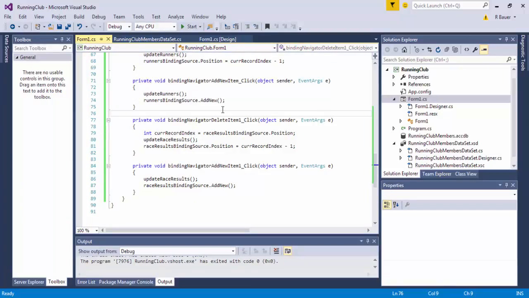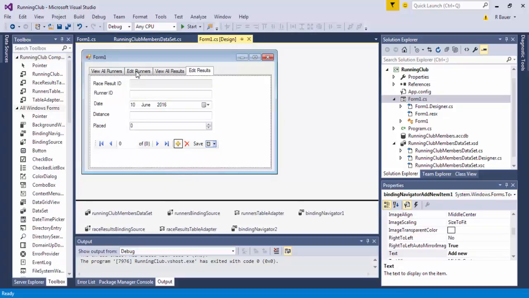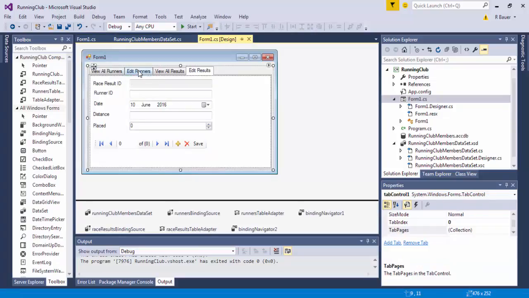Okay, so we are now on page 19. So we now need to add the ability to search for individual records of both runners and race results. So we need to start by adding the necessary controls to our form. Okay. So in the Edit Runners tab,